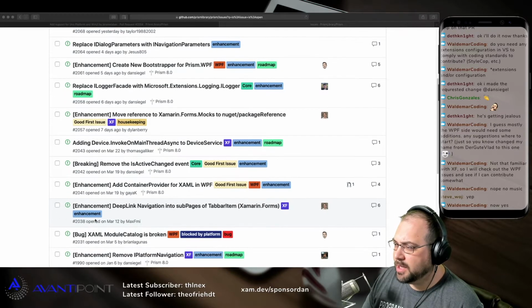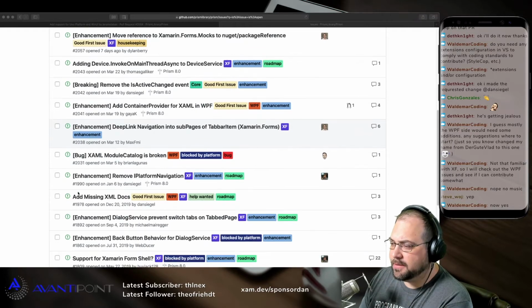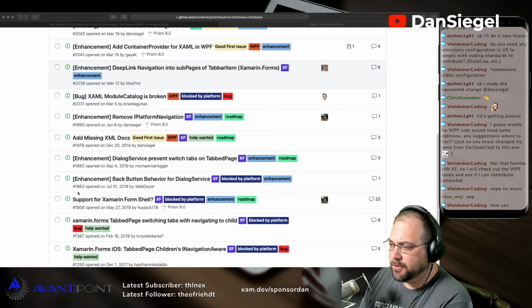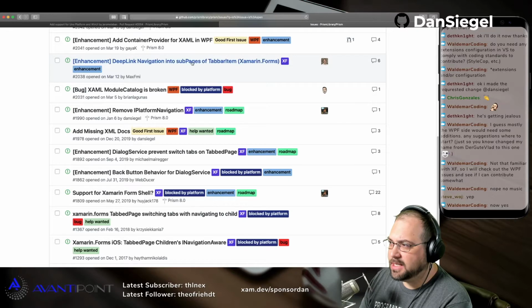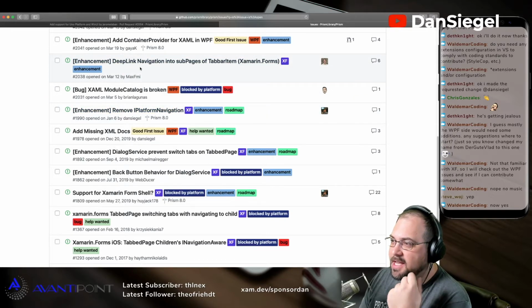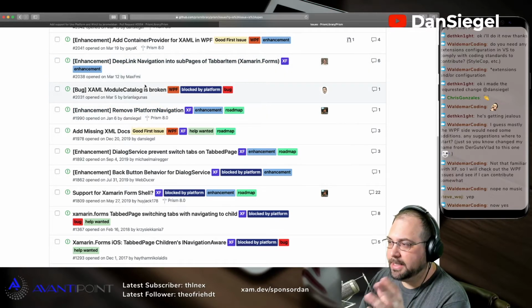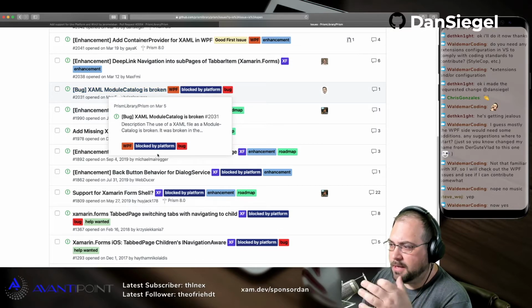Yeah. So we were talking about this. When it comes to Prism, there are some things that are missing, for sure. There are some things that we'd like to do, like this deep link navigation into subpages of a tab bar, that very few people would want to try to dive into, because it's not a beginner issue, right? You have to really know your stuff to do that. But a lot of the things